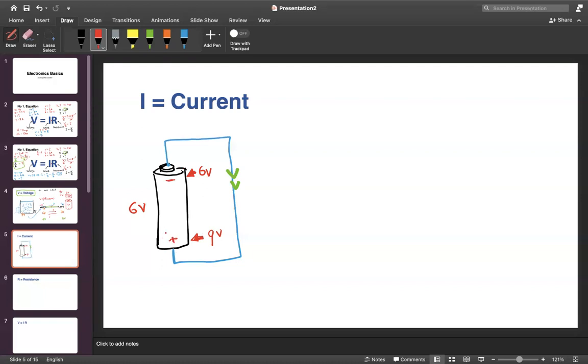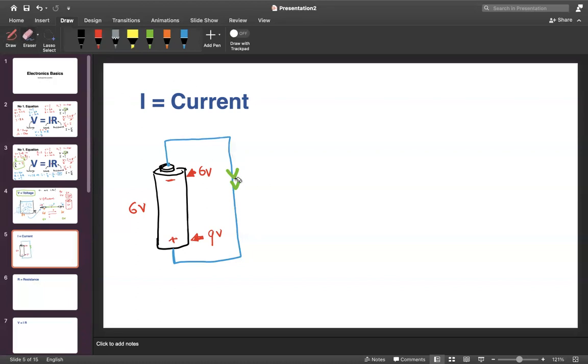So how we label positive is the larger voltage value, right? Usually in batteries, the positive side has 6 volts or 1.5 volts or 9 volts, right? The negative side has 0 volts, right? But yet, let's see, this one has 9 volts and 6 volts. The one which has the higher voltage is the positive side. The side which has low voltage is the negative side. Now, do you understand that? Yes, sir. Brilliant.